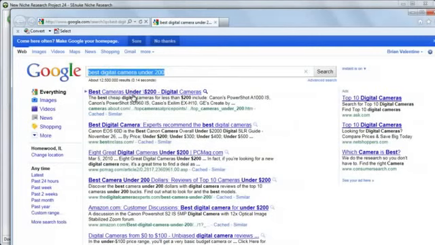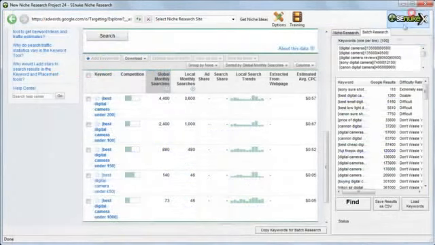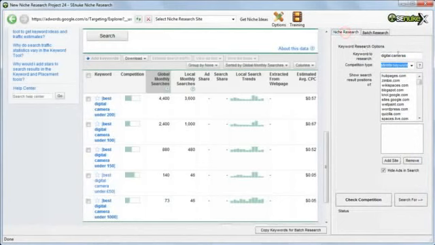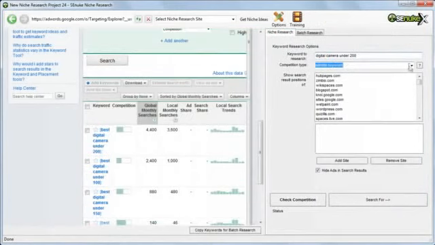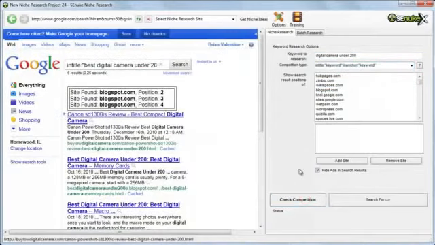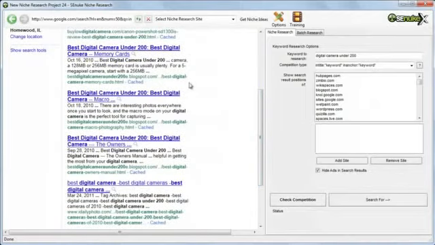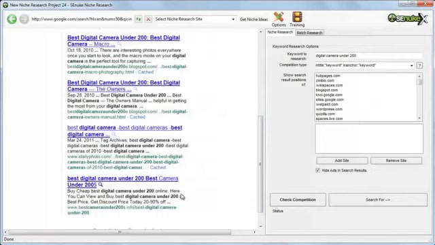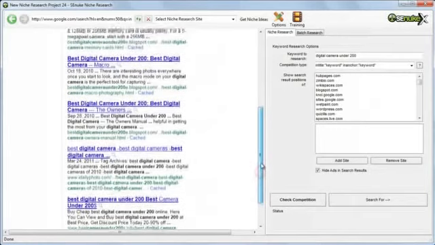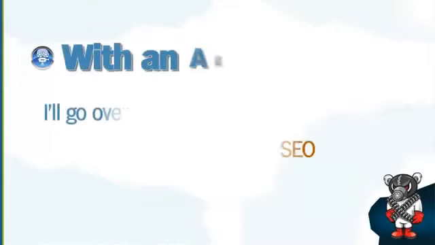Now, copy this final winner and paste it back into SENuke. And select the end title and an anchor competition type and click on check competition. And we see that it's only 5 competing pages with our exact keyword in the title and in the URL. So this keyword is looking real sexy to me. And with an age domain,